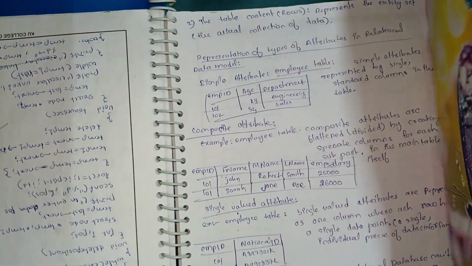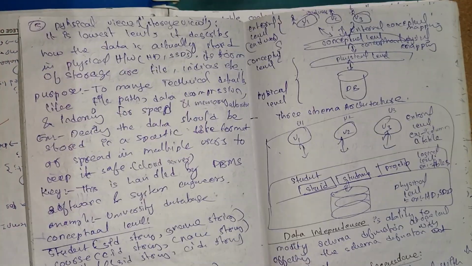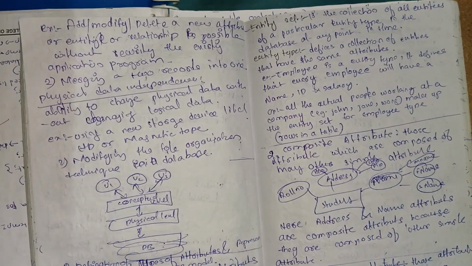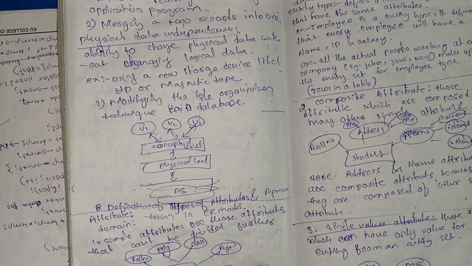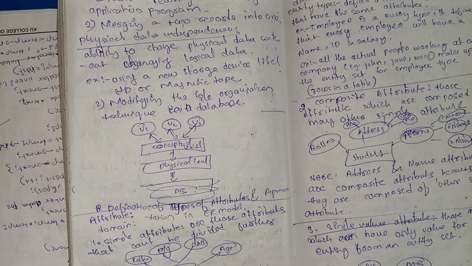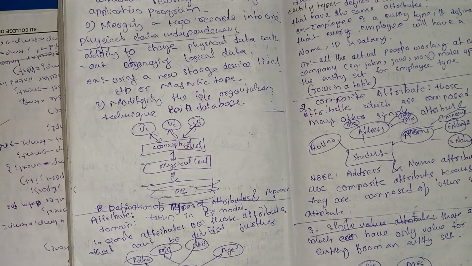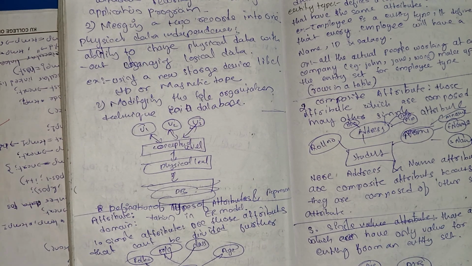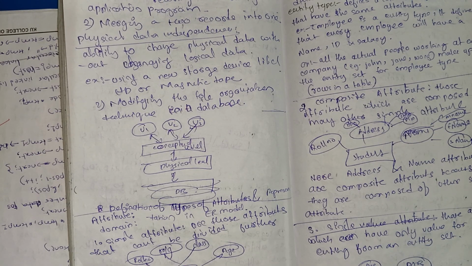And then we will see the definition and representation of types of attributes. Definition of types of attributes in the ER model and in the relational model. In both, the definition will be the same for types of attributes, and the representation will be changed. Okay, so